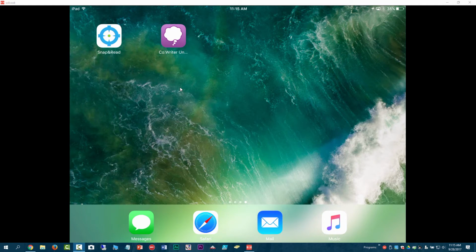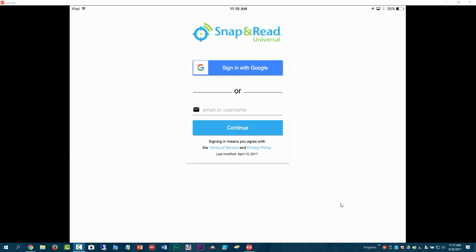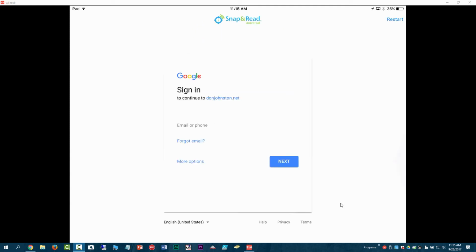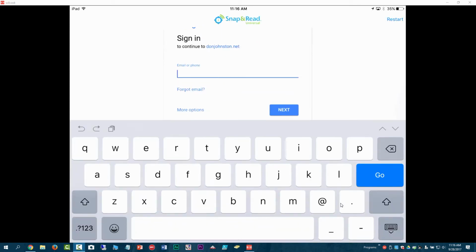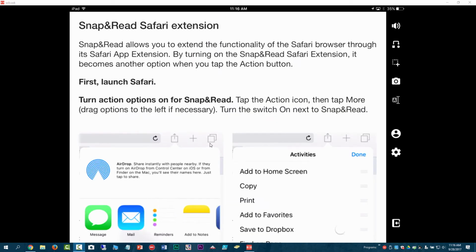So just go ahead and click on one of the apps, and it'll open up. And the first thing it'll do is say sign in. So you're just going to sign in with your Google account. And in this case, I'm just going to use one of my demo accounts here. All right, so now that we've logged in here,